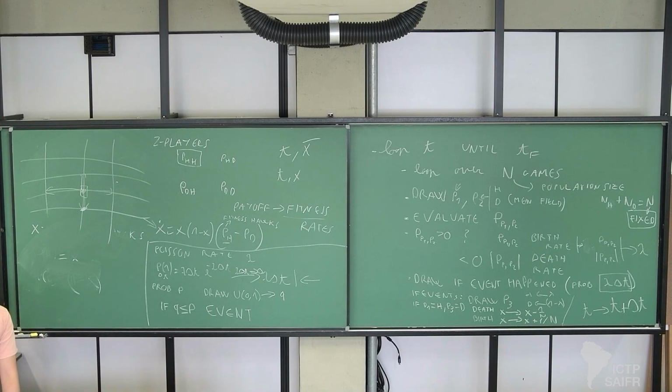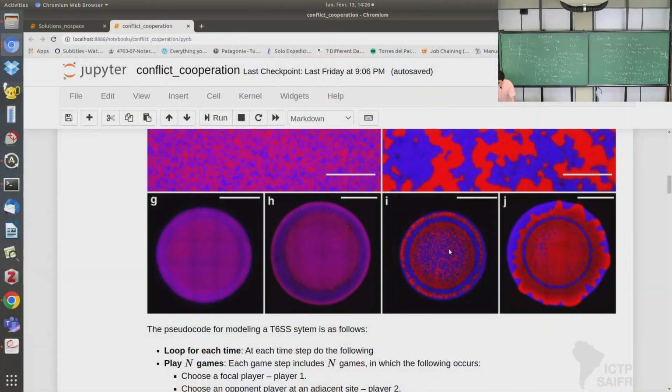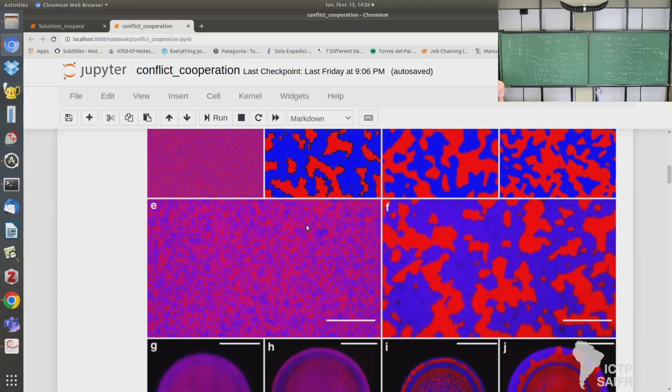So this was actually the experiment. Sometimes this thing switches. This was the experiment that they did, and you see some coarse graining. You see that the microbes like to stay together with their own kin, so that they don't kill one another. So this makes sense. And if you simulate the system, you see